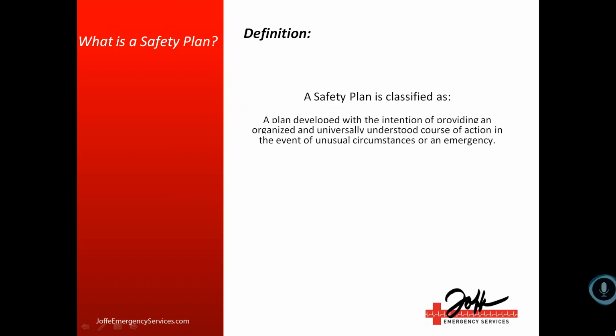Safety plans are really, really important. I believe it's required by state that schools have a safety plan, so everybody should be aware of what one is, and if their organization has one, they should know where it is and what's in it. Safety plans are evolved and adapted for each school.